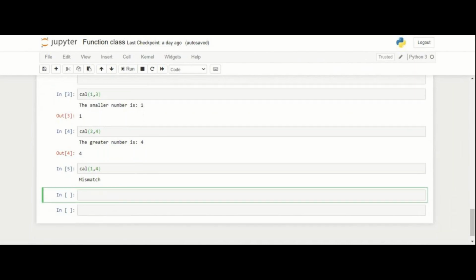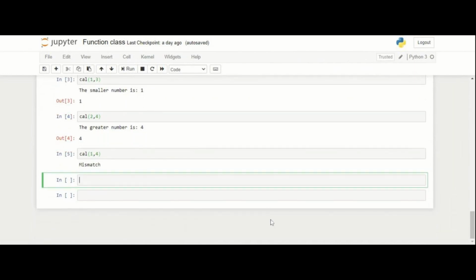Do you want some time? Or do you want me to solve and you all can guide me how to solve it? Okay, yeah, sure. Tell me the logic. We'll try. So we have to take two strings, right?